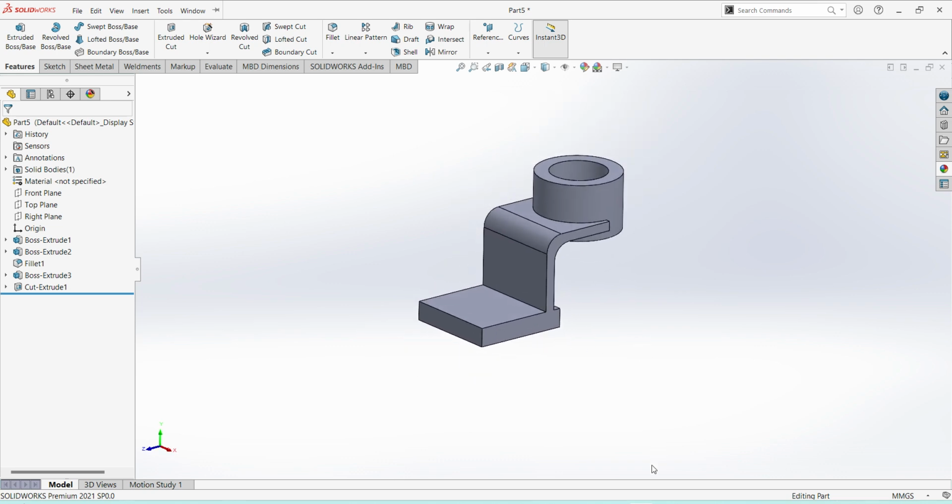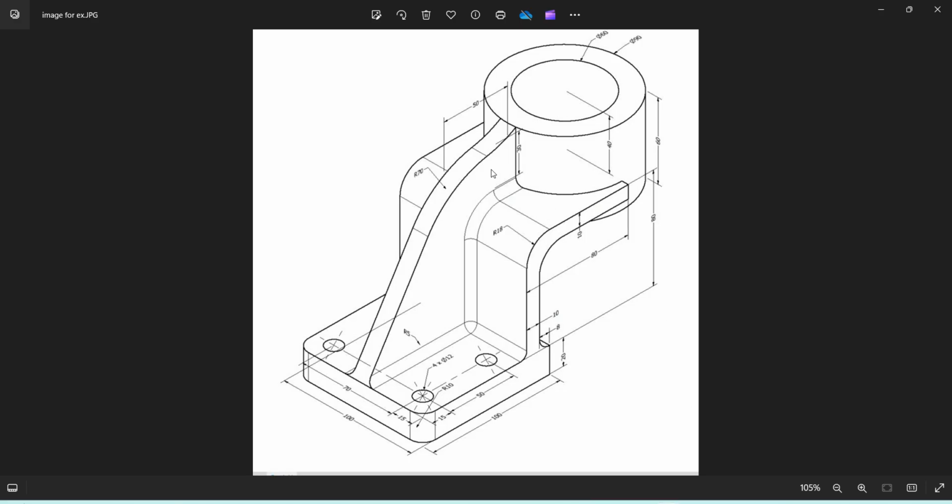Next, one rib is there. From the plate the height is 30 mm, length is 50.